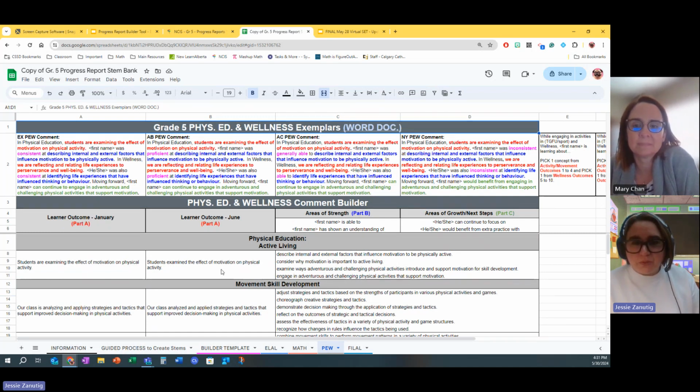So that's the builder tool really in a nutshell. It's pretty simple and straightforward, and we really built it with the intention of really focusing back on the outcome, and not getting lost in the cusps, but focusing on that outcome, and then making a tool that is efficient and easy for teachers to use, to reduce the amount of work that progress reports take, right? Because we know that it could take weekends, it could take hours to build this, so it really is built